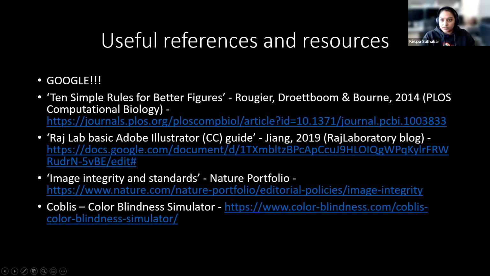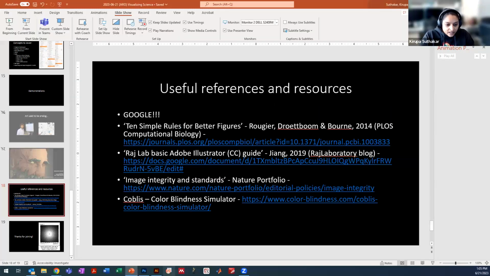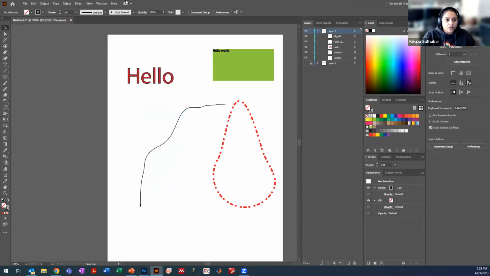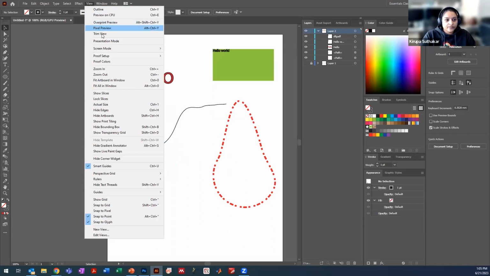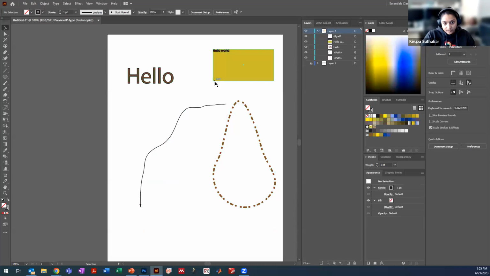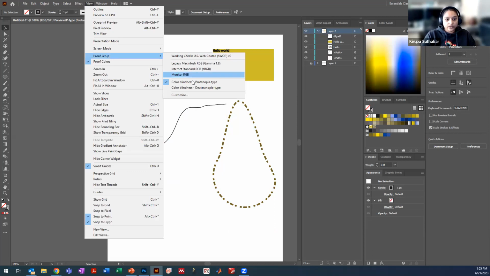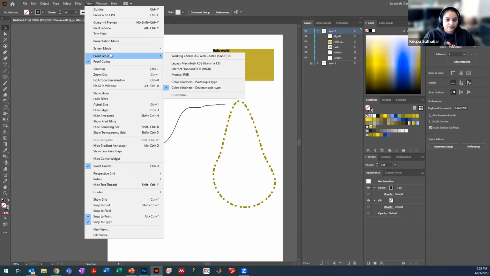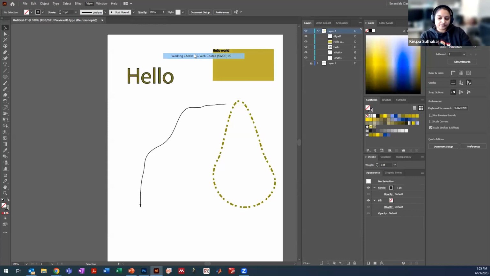I didn't actually show you this, so I might just quickly, since we're still here, you can do this in Illustrator and Photoshop, where you can go View, Proof Setup, and then check for color blindness. So you're either going to click on the protanopia type, and that's going to show you what it's like if you have that style of color blindness, or you can click the deuteranopia type, and that's going to show you the other as well. So these are all things that allow you to ensure that what you produce is as